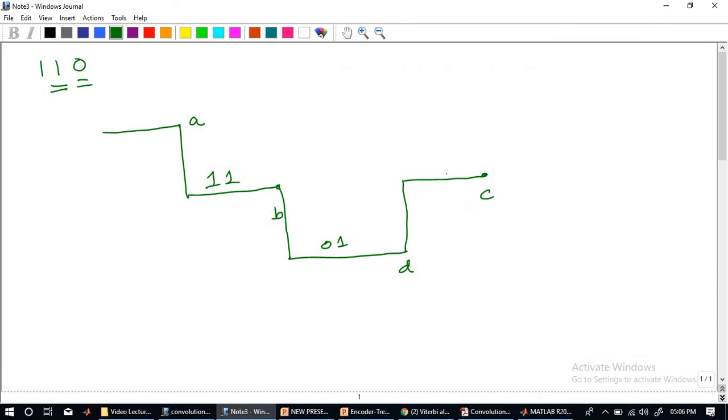So this is where we are, and the respective node bit is C. Now what I am suggesting you to do is, after this there should be 2 more steps keeping 00 as input message. So what I will do is, after this I will draw something like this. 0 means go up, so I will go up. So this will be one state, and we don't know about the output.